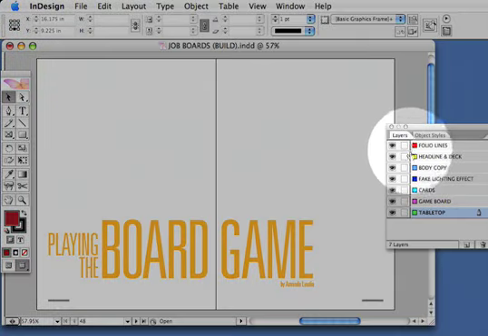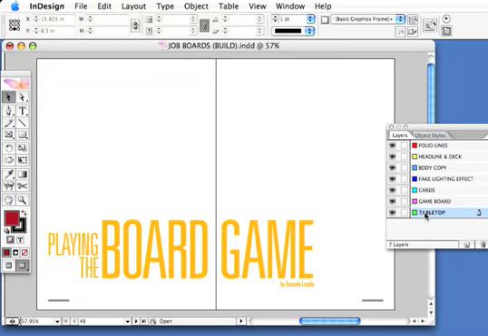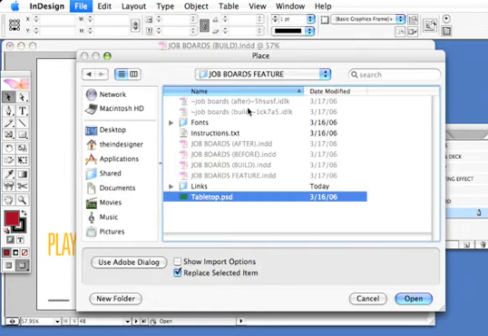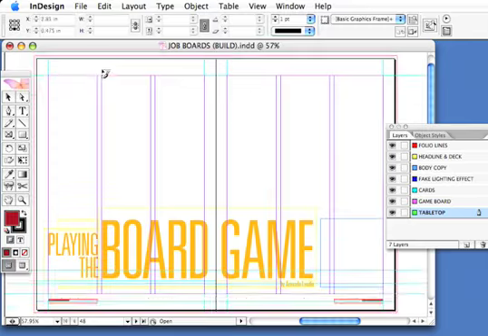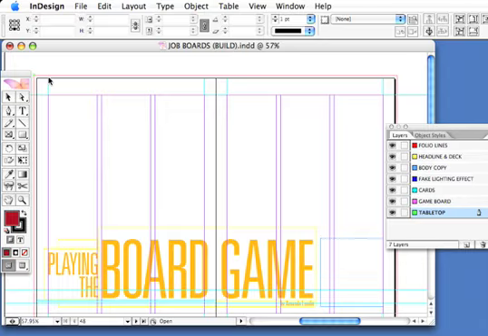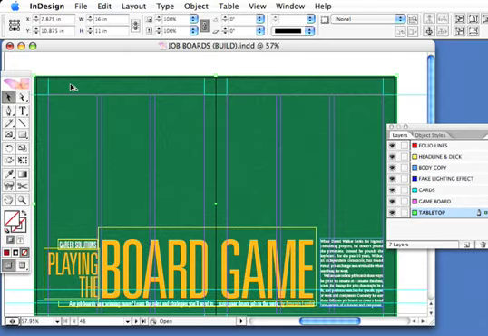I've set up some layers here in the Layers palette to make working in this file easier for myself and to make sure everything is stacked in the right order. With the tabletop layer as the active layer, I'm going to place the tabletop art by typing Command-D or Control-D on the PC and selecting this tabletop.psd file. With my loaded cursor, I go to the top left of my bleed area and just click to place the